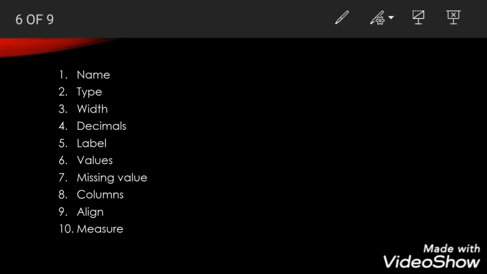What is name? What we have to type here? Name is a string character, normally letters and spaces and sometimes digits. It appears at the head of a column in data view but not in the output. It is a shortened view that appears only within the data view. It should be a continuous sequence with no space. 64 letters can be entered, but it is desirable to keep it short. It can be a mixture of cases.